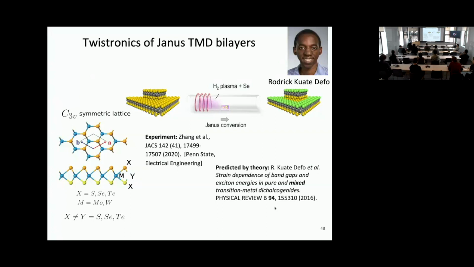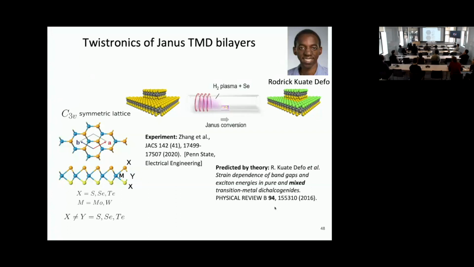Interestingly, we called it mixed layers. They called it Janus layers. So that's a lesson. Always invent a fancy term. And now everybody refers to this paper and calls them Janus layers, although we actually predicted them and described the